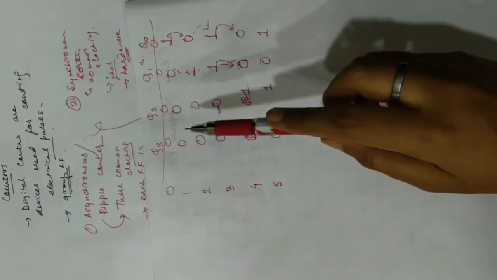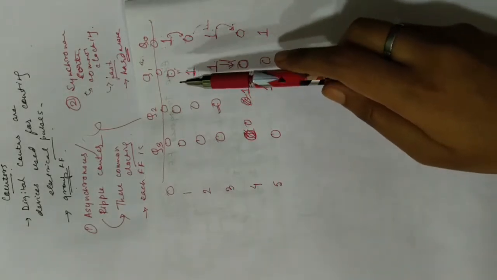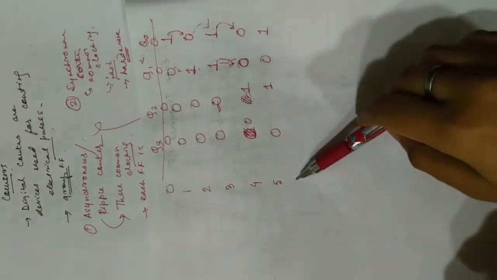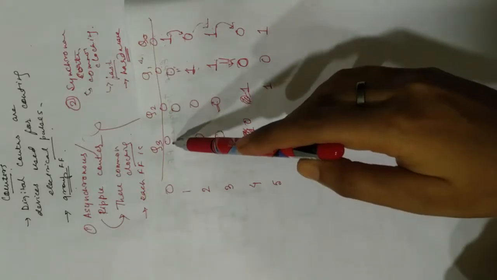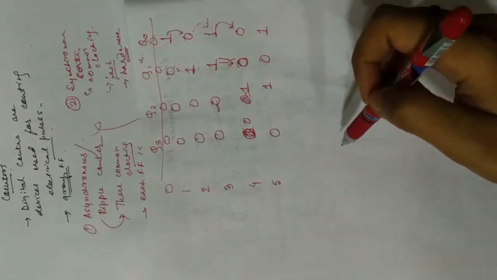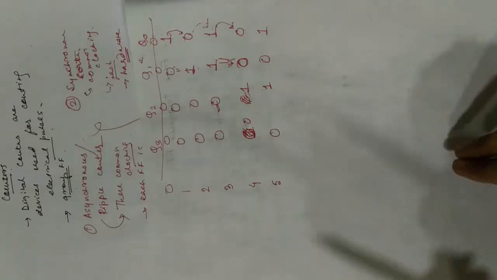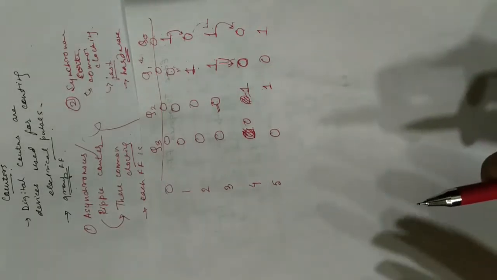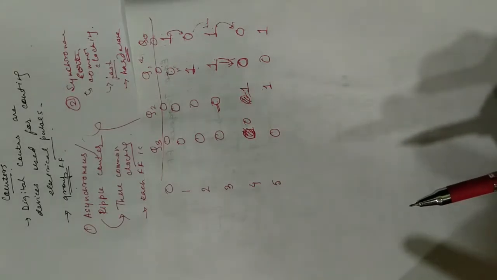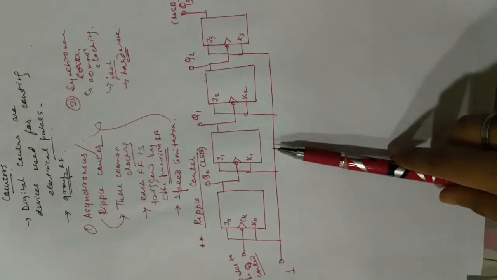So the relationship between Q2 and Q1 is, when the previous bit, that is when Q1, changes state from 1 to 0, Q2 changes state, right? Similarly, if you go down, you will see our Q3 changes state only when our Q2 changes from 1 to 0. So you can draw a connection between the two consecutive bits. Okay, the more significant bit changes state only when the less significant bit changes from 1 to 0. We will apply this, or we are rather applying this, in this circuit.